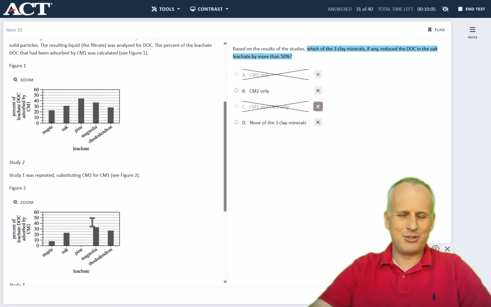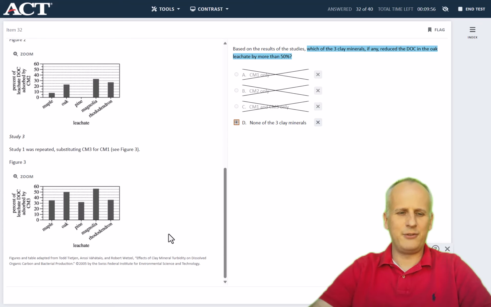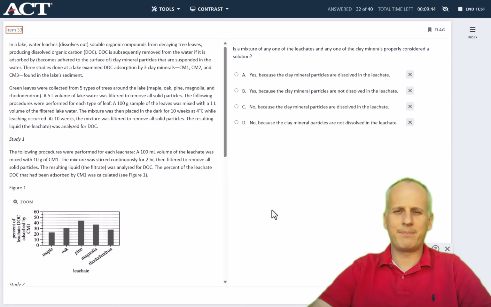Now I just have to look at CM2 only, and oak, certainly not. So it's got to be none, and this is kind of the way that the exam gets a little tricky, is if you are not careful, you'll talk yourself into choice or study 3 being true, but it's at 50, not more than 50. A little bit of a nuance that they can catch you on, but of course we've picked D confidently by this point, and we move on to the next question, which asks,